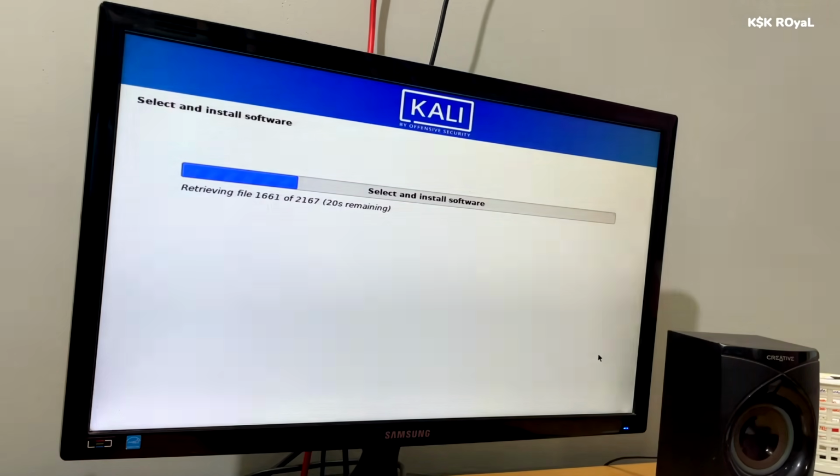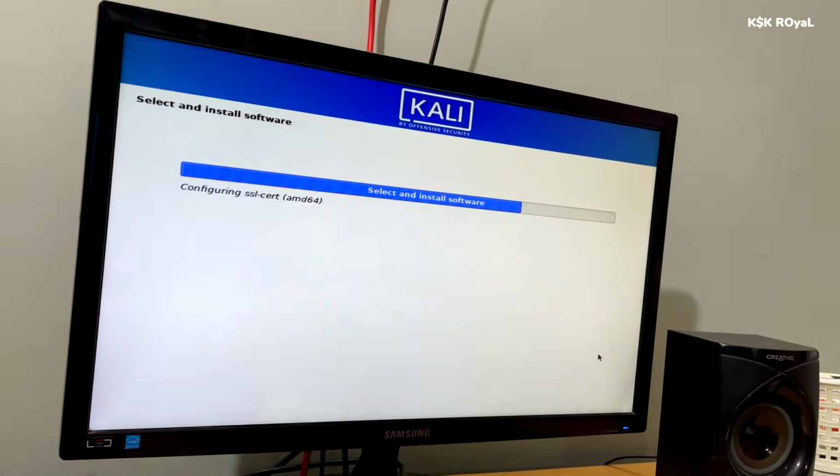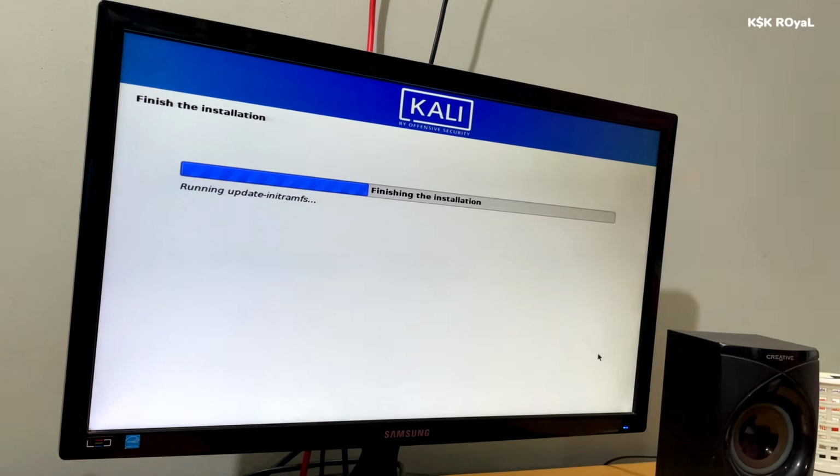Now sit back and relax. The installation process may take some time depending on the writing speeds of the disk. Now, in case the installer is stuck at the simple-cdd command for a long time, remove the USB drive and press Ctrl+Alt+Delete a couple of times to see this screen.